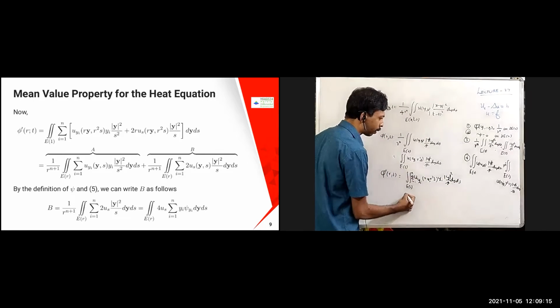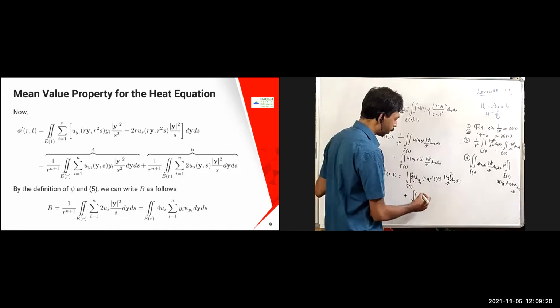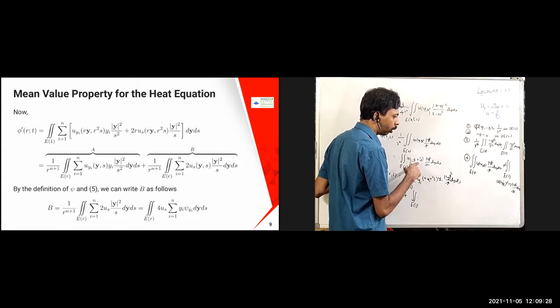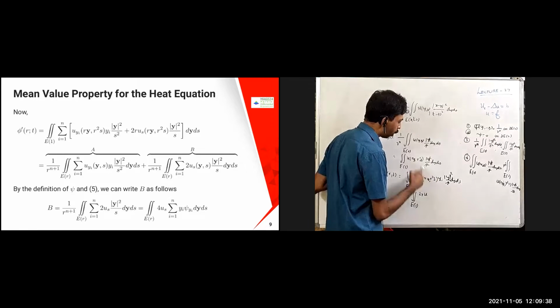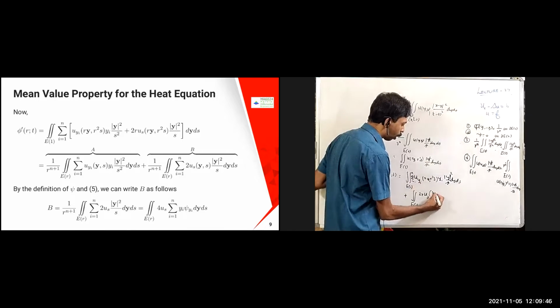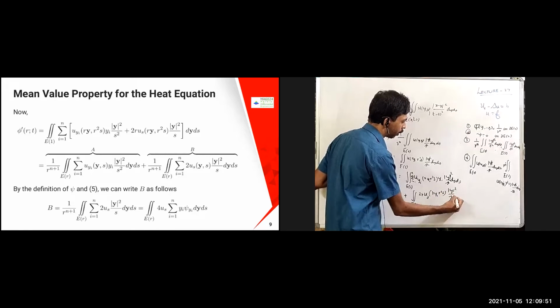And for the second coordinate, plus again the same thing: integral over E of 1 into, you are going to get 2r s, since r square s is there. There is an s here and an s here, therefore s is going to cancel. So you are going to get 2r into this one. You are going to differentiate with respect to the second coordinate, therefore u_s comes, into u_s of ry comma r square s into mod y square by s dy ds.